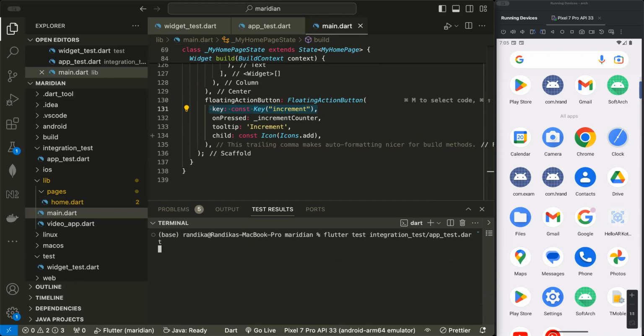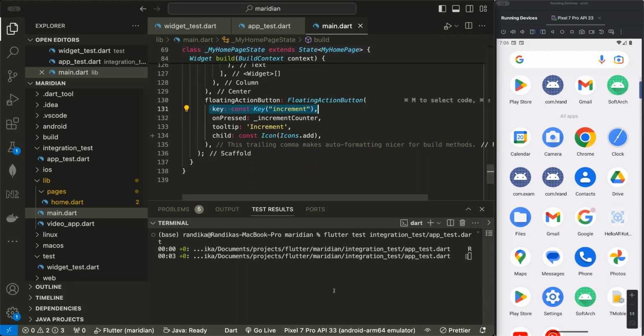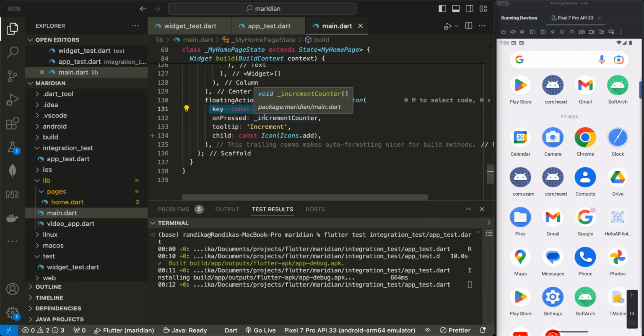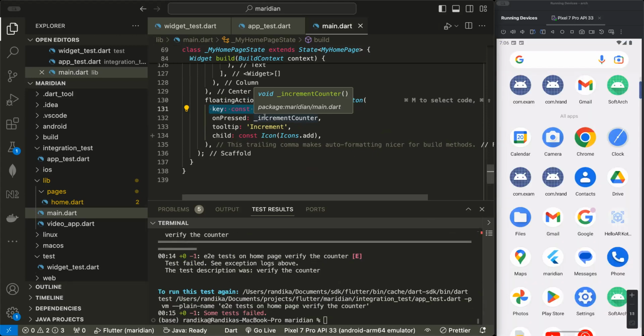If you're having the same code, you might get into these kinds of troubles. I had the same thing in home.dart, so I did it somewhere else. Okay. Let's see whether the end-to-end test is executing right now. Of course, you guys can obviously see it's very slow. Yes. Now I think